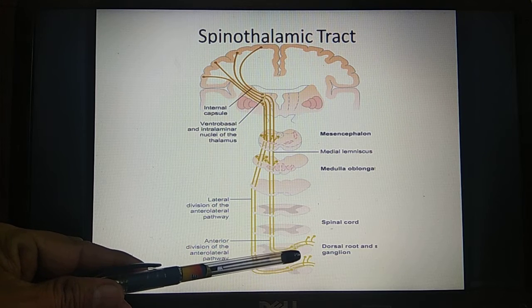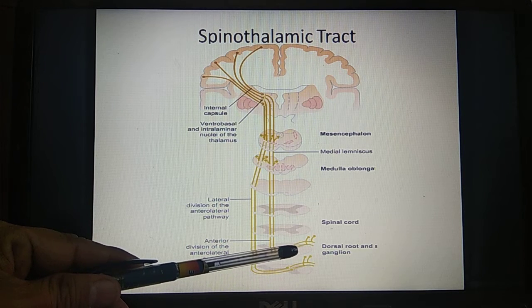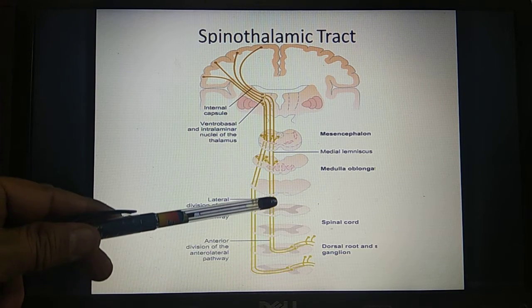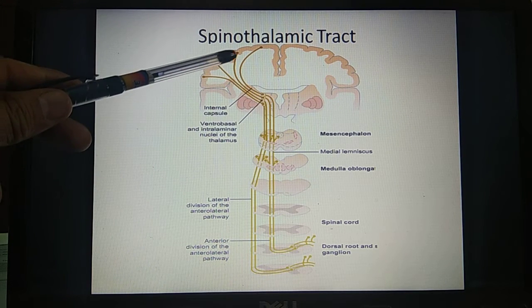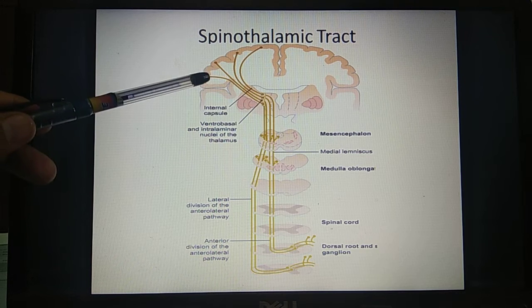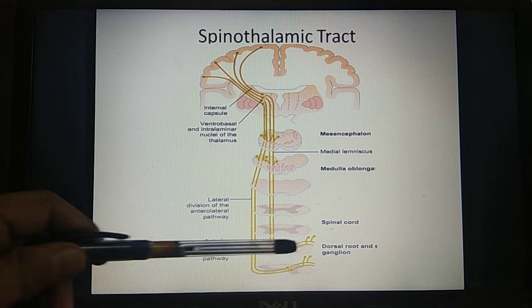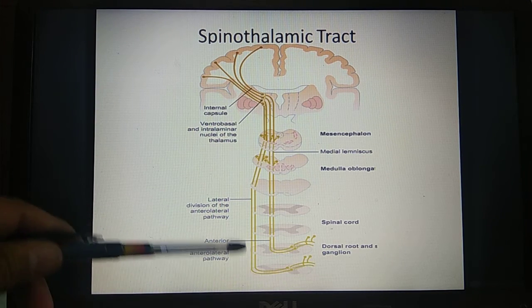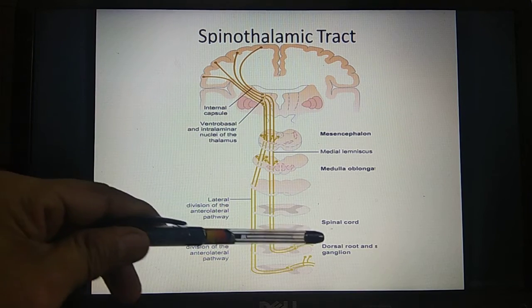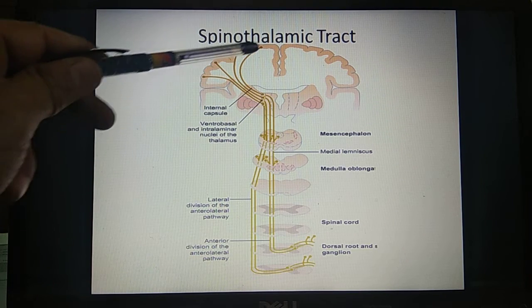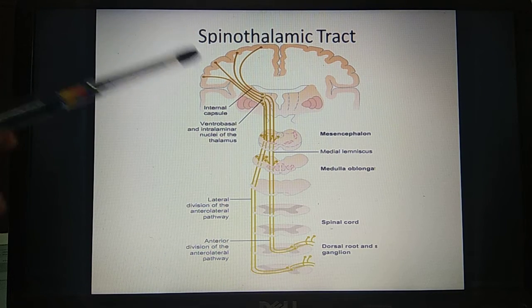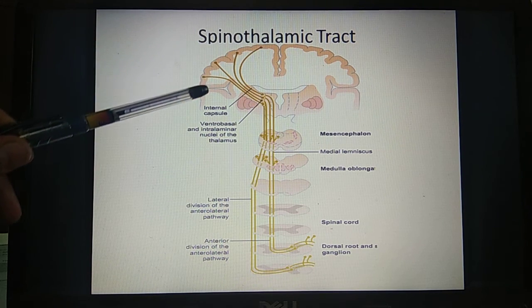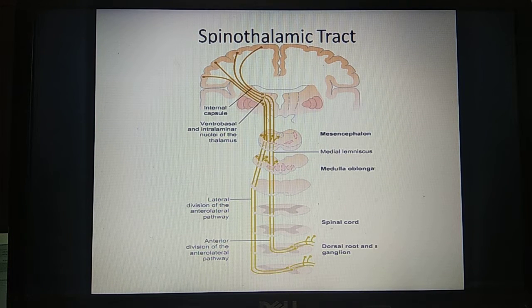Nerve arising, second order neuron arising immediately, going up to the thalamus. From here it is going to the cortex. Now this will be going to different parts. For example, if it is arising from the lower limb, it will go to the lower limb area. If it is arising from the upper limb, it will go to the upper limb area. If it is arising from the thumb, it is going to the thumb area. So like this, whole body representation is there in the cortex. So it is called the sensory homunculus.